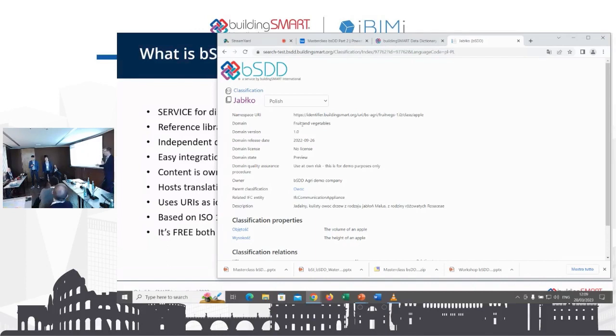We don't want, for example, people that are not interested in Polish jabłko to have it there, so they could filter the data that they can access. But some of the classifications, such as IFC and eTeam, can be validated and approved. So this is kind of a repository of information. Exactly. And most importantly, being the owner, you are responsible for the content, mainly.